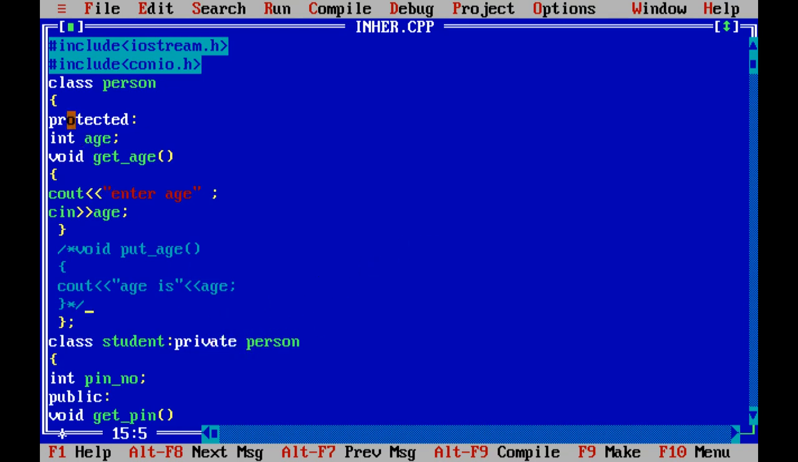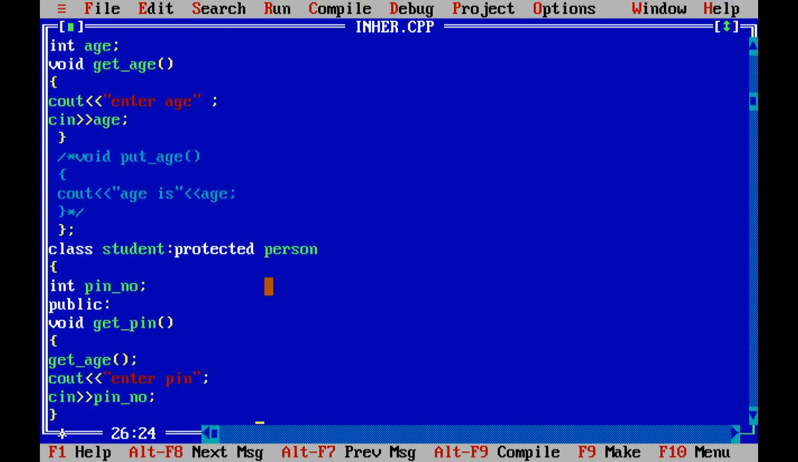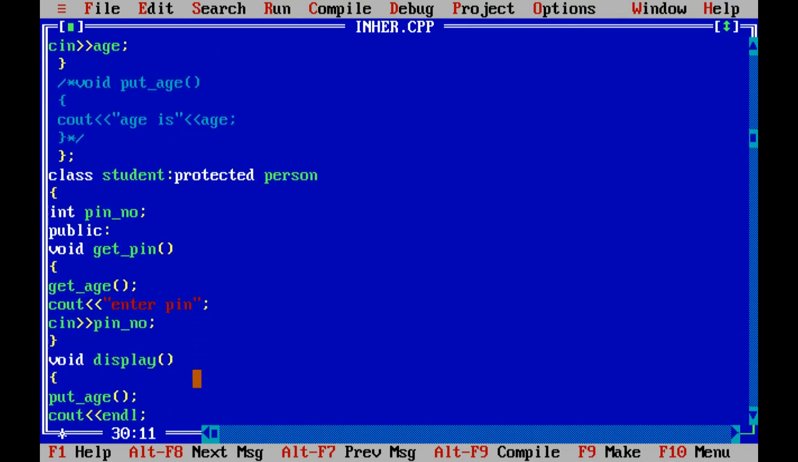They become protected, and the derivation is protected. Members are protected and the derivation is also protected. Then pin number and get pin, and using this get pin you can call get age, because now the protected member of the base class becomes protected in the derived class. So that should be called in a public member function. Here we write get age and enter pin number, and in display,